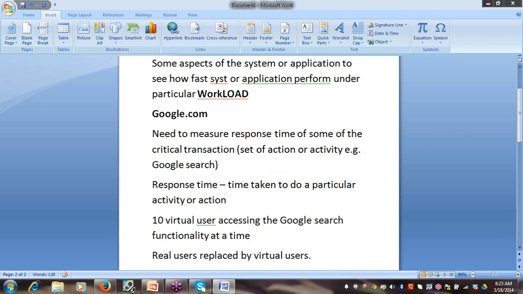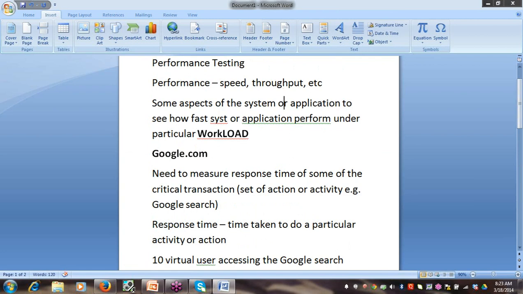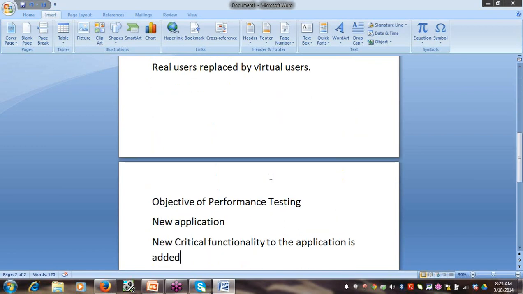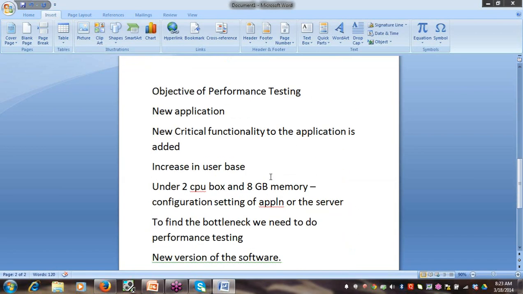So team, we have seen what is performance testing, some important terms used in performance testing, and what the objectives of performance testing are. When an application comes to us, there must be an objective why that application has come to us for performance testing. So these are some of the objectives we have seen.